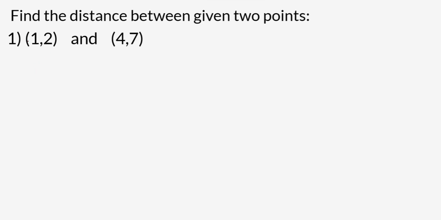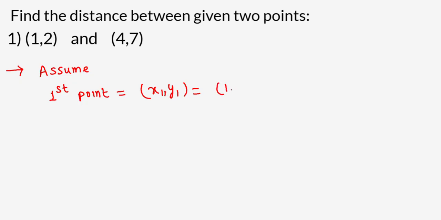The question is to find the distance between the given 2 points. The first point is 1, 2 and the second point is 4, 7. So first we will assume the first point is x1, y1, that is 1, 2, and the second point is x2, y2,